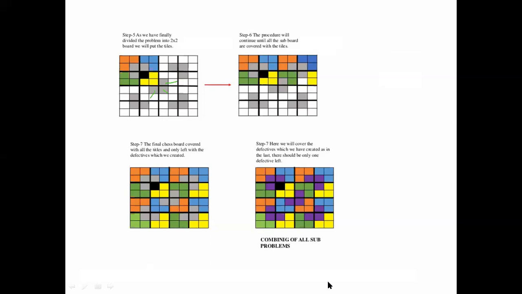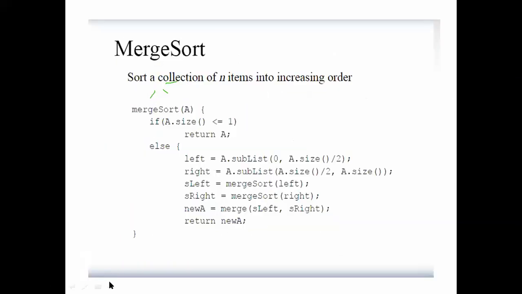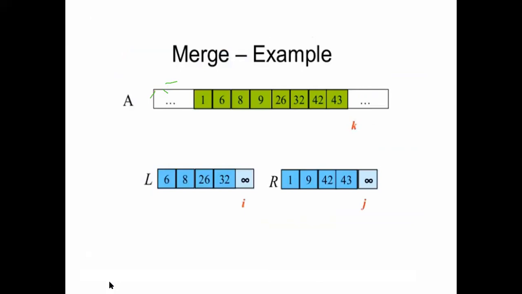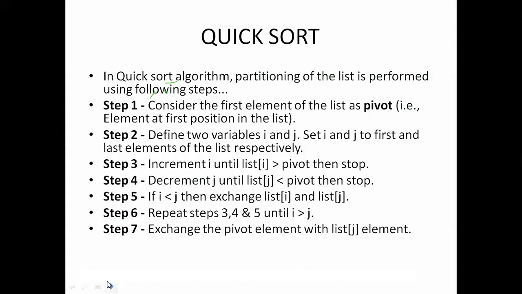Okay, next we start another method in the divide and conquer technique. Another one is quick sort. In the quicksort algorithm, we attempt to separate the list of elements into two parts and then sort each part recursively. So here we have to separate the list of elements into two parts and then sort each part recursively.